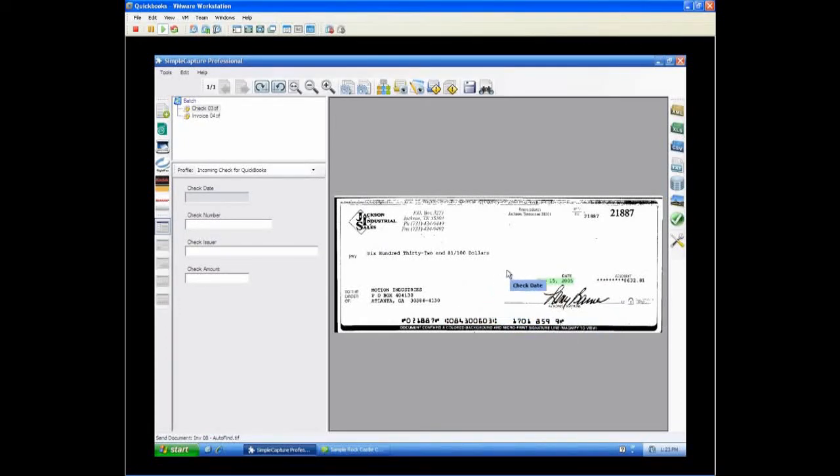So for the check date, I'll move my mouse over the date and click on it. Check number is right here. Now the check issuer, it's a company. Quite often companies print their logo, so that information is not really printed on the check, so I cannot really click on it. So you can manually key in this data, or in SimpleCapture you can use a feature such as a database lookup. So you may configure it to look up by a phone number or by email or by